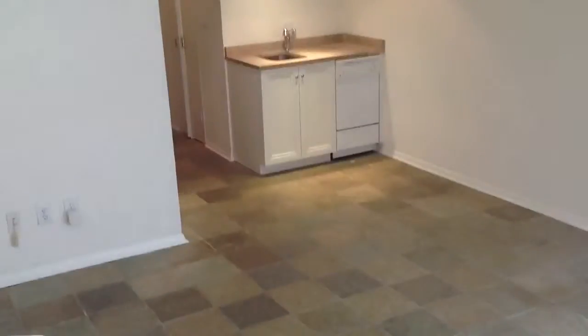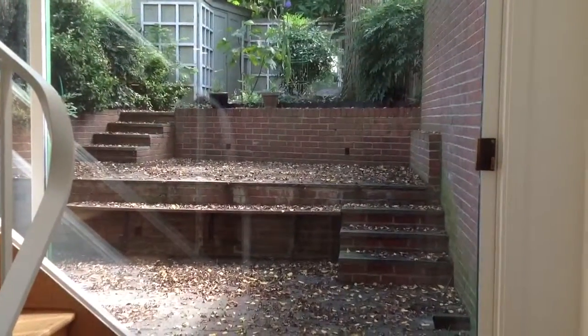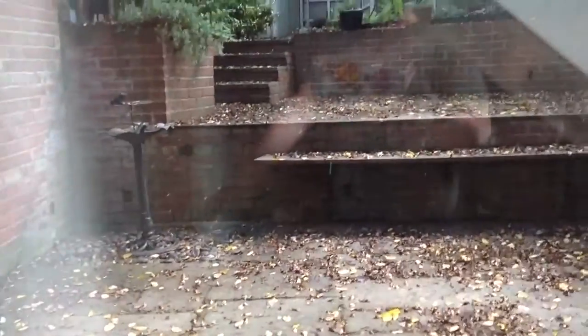Now, most people wouldn't want to rent it because of two things. One is that the only way to get into this apartment, well, there are two ways. One is these stairs that go up to the living room, so you'd have to block that off for some kind of privacy. And then you'd essentially be giving the apartment the backyard, which, you know, nobody really wants to do that. And the other is the only other way to get in would be through a door that goes into the garage. But as you can see, this lower level unit